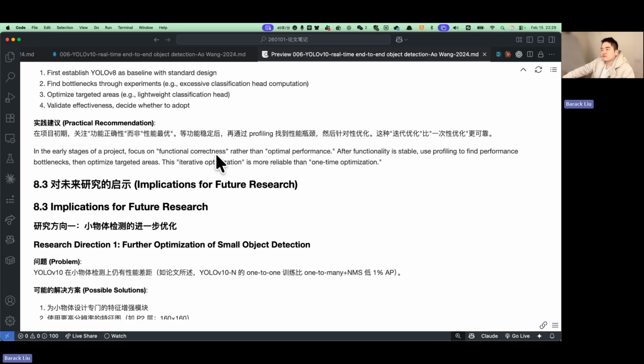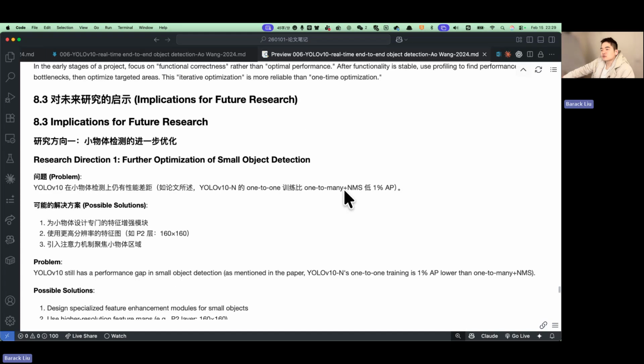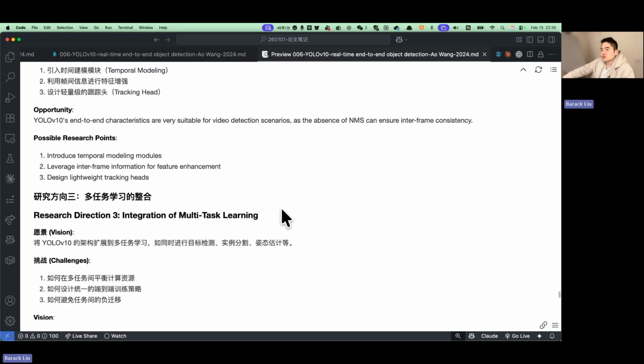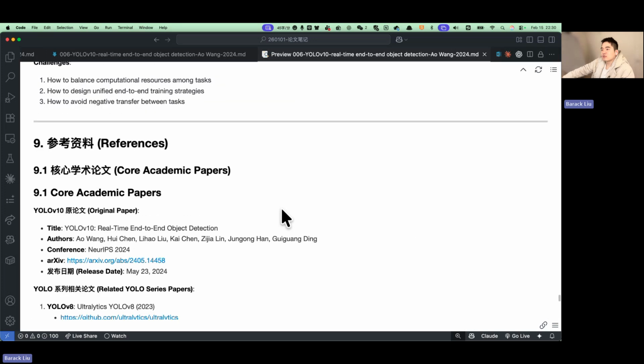Implications for future research. Research direction one, future optimization of small object detection. Research direction two, extension to video object detection. Research direction three, integration of multitask learning. Okay, here are some references,